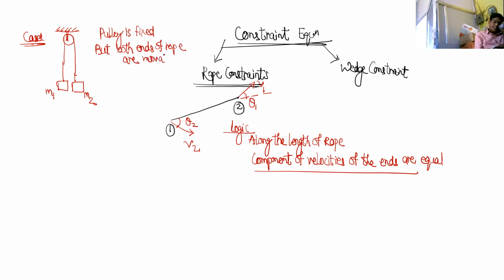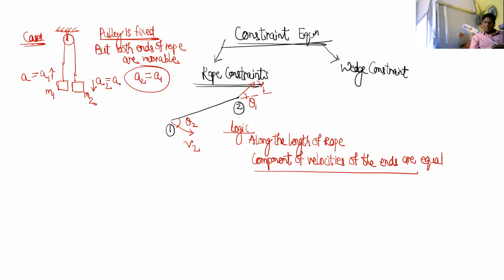तो इसका कंडीशन सिंपल है. कहीं पे भी ऐसा कंडीशन दिखाई दे कि पुली फिक्स से मूव नहीं हो रहा है, लेकिन दोनों एंड मूव हो रहे हैं, तो सिंपल, एक जितना नीचे जा रहा होगा एक उतना ही ऊपर जाएगा। हो गया? या फिर इसका एक्सीलरेशन को a1 मानेंगे, इसका एक्सीलरेशन को a2 मानेंगे, तो फिर बोलना होगा कि a2 इक्वल टू a1, दोनों को a ही लिख सकते हैं। ये है केस 1।